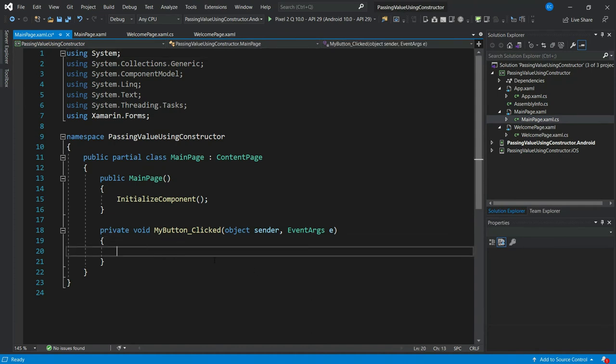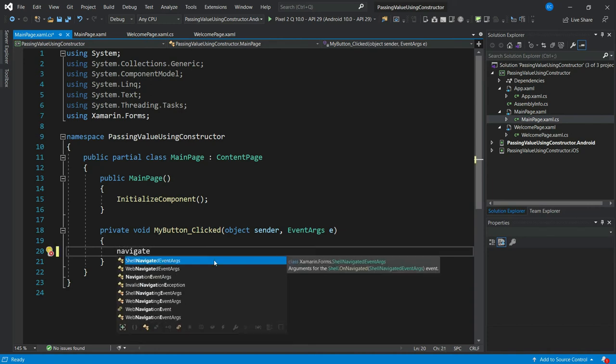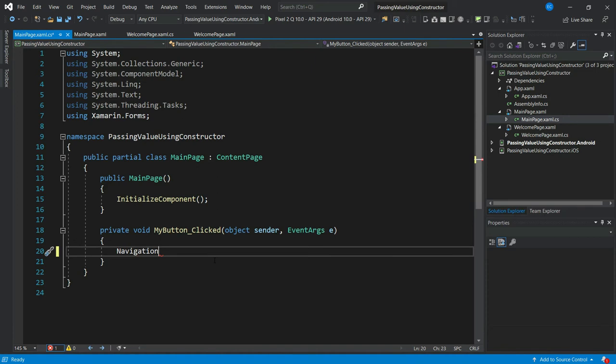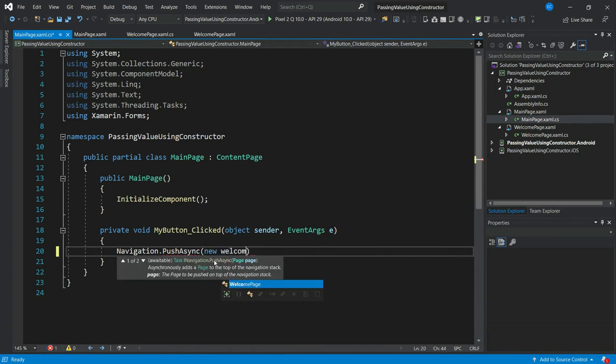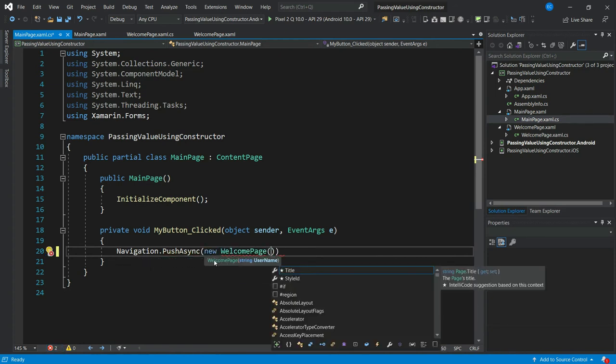So here it is. Now by clicking on the button, we want to take a value from the text box, pass it to the constructor and navigate to the welcome page. So for that, let's write navigation dot push async to new welcome page. Now this is asking for a username or a string value.